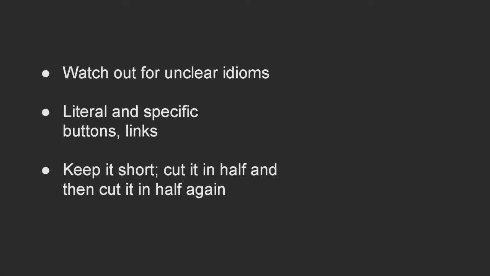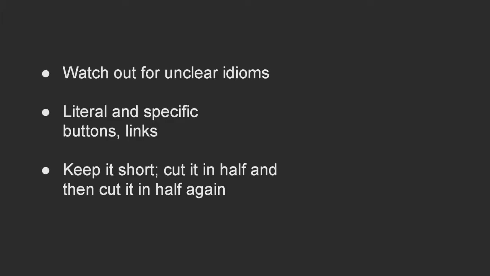I would also say, especially for buttons and links, you do want to be pretty literal. You also want to be pretty clear. You want to communicate very clearly what will happen when that button is tapped. So obviously, if you say continue, like continue to what? That's an opportunity to be more clear for everyone.